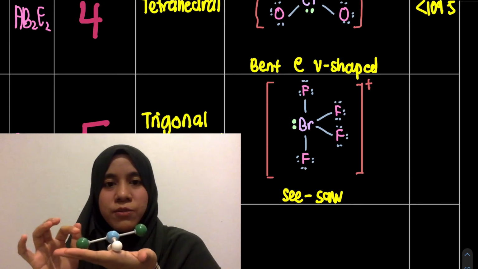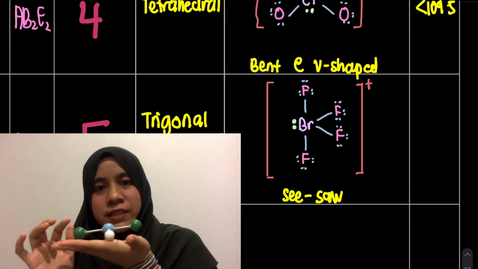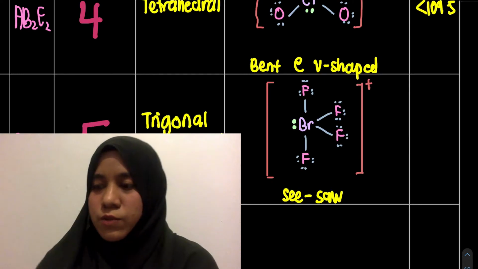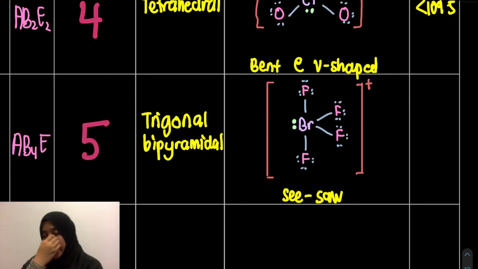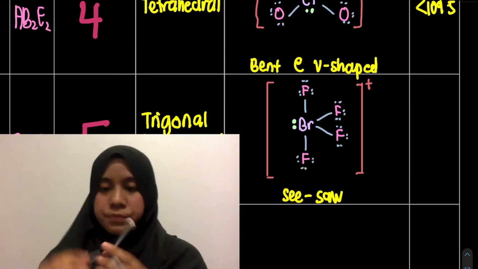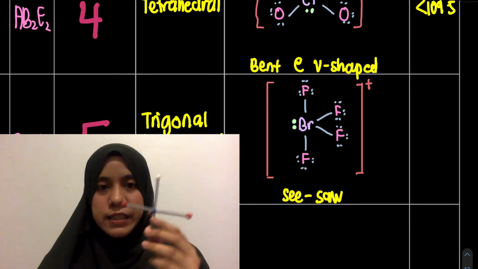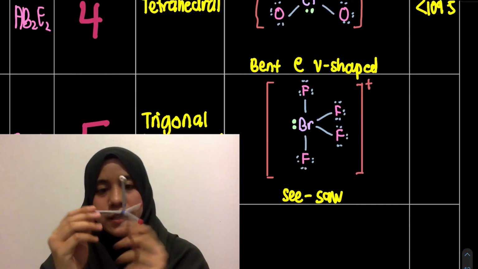Dia macam main seesaw macam tu. Dia sendiri pandai. So this is what we call seesaw. So what is the angle? Okay, yang ini kalau trigonal bipyramidal, if the original trigonal bipyramidal tadi, angle dia is actually ada sini between yellow